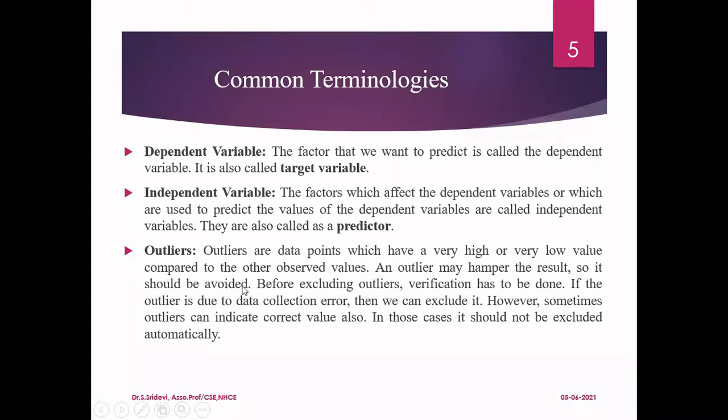And before you remove any outliers from your data set, you should be very careful. Sometimes the outliers are not exactly outliers. They are part of your actual data. For example, let us assume that I want to develop an application which is going to predict forest fire. Temperature is one of the important attributes for predicting the forest fire. If the temperature is normal, then it means that there is no fire. Everything is perfect. When the temperature suddenly increases, then only it indicates a forest fire.